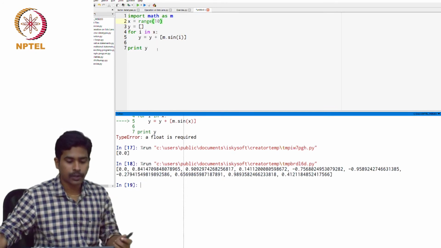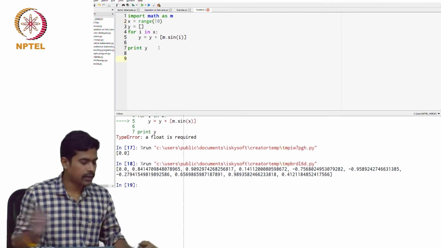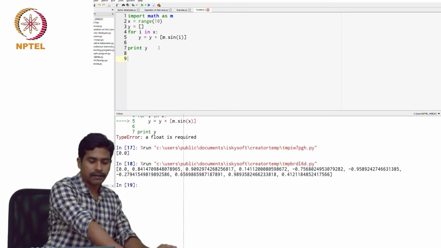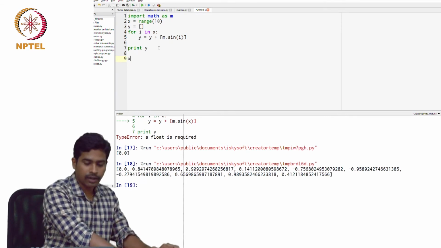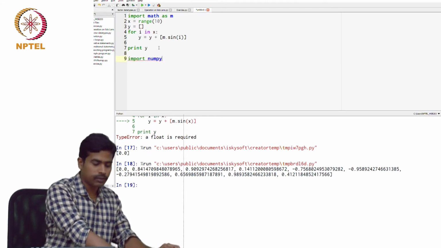So this is how we do it normally using for loops. To do the same thing, as I've said before, everything is the same, but we just have to make an array. For that, I first have to import numpy.